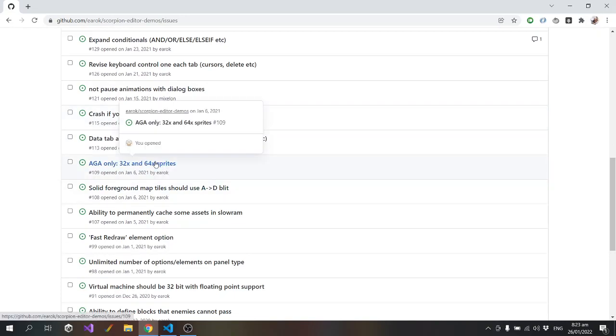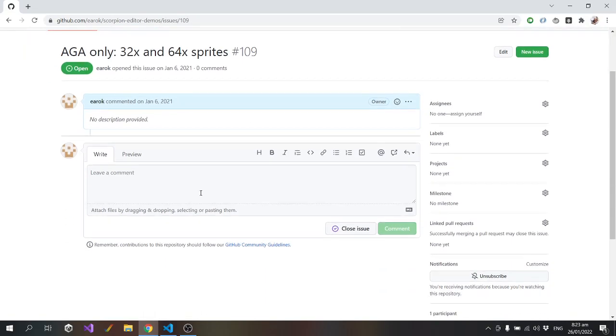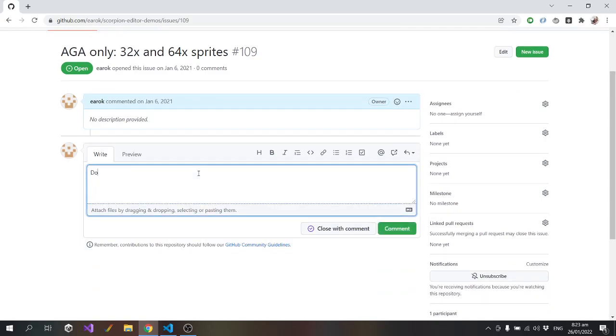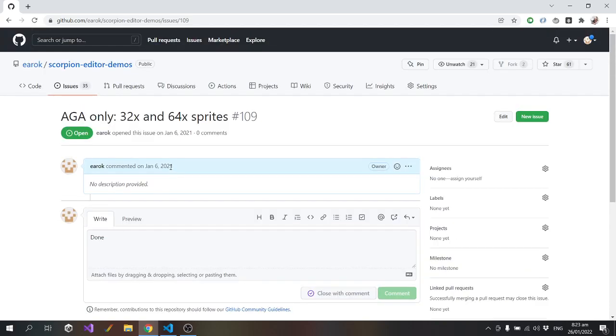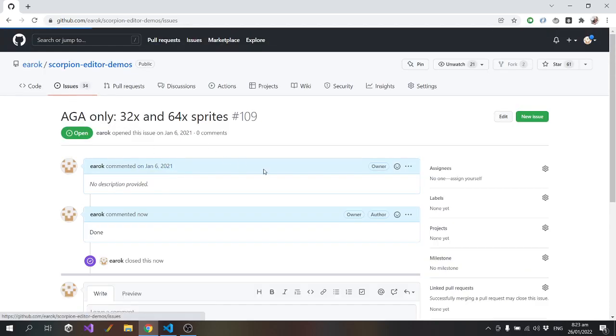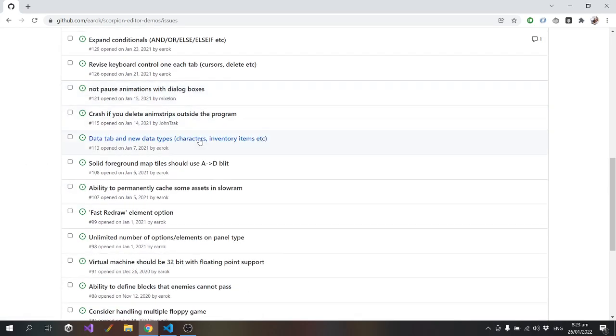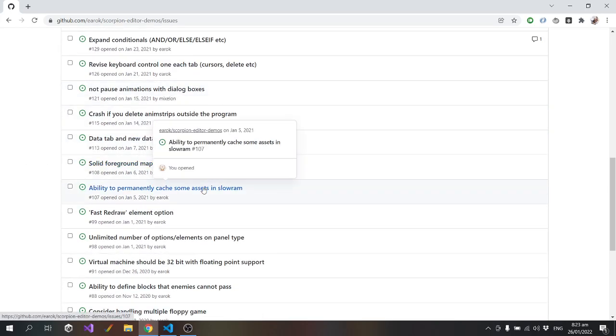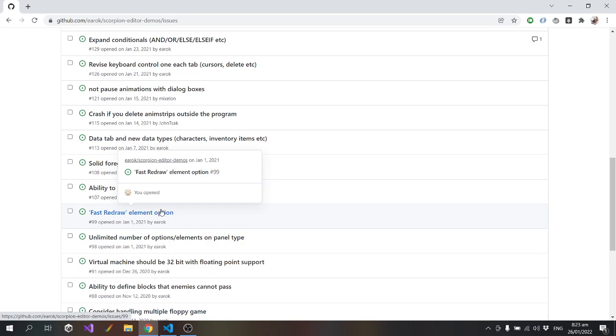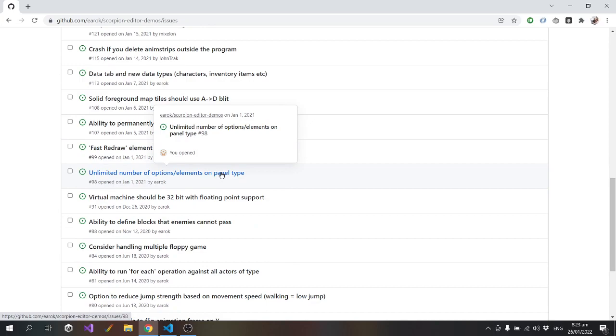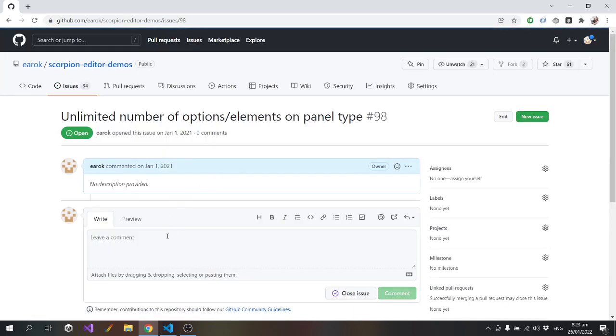AGA 32 and 64 pixel wide sprites. I've done that. Come back to that one. Fast redraw element option. Might leave that. Unlimited number of options and elements and panel type.